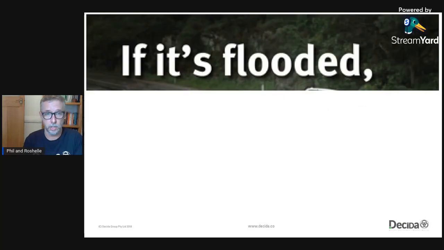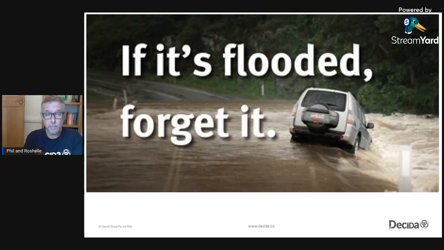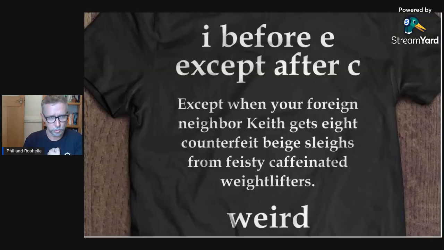And we see this all the time in recent floods here in southeast Queensland. If it's flooded, forget it. How many times did we hear people say that over the last weeks, because it rhymes, and therefore all of a sudden the people that would go through floods are now going, it feels like common sense to go, if it's flooded, forget it. I don't care if we could do it or not. If it's flooded, forget it. It feels true to us because we can do it.